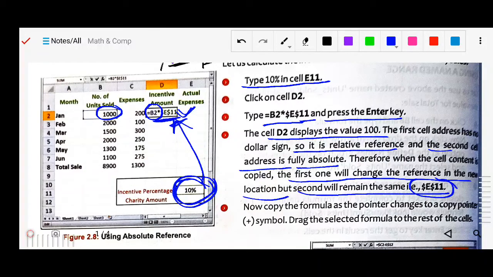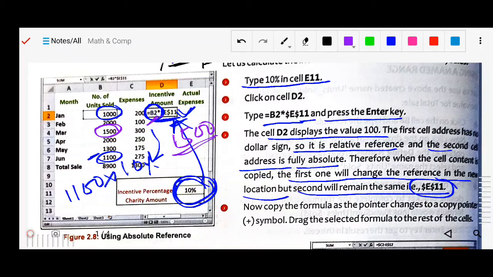What will be the same? Wherever you copy this formula, this part will not change. Suppose you copy this formula here, it will take 1100 here, but this part will take only 10%. Suppose you use it here, it will use 1500. Why 1500? Because this B2 is not absolute, it is a relative reference, so it will change.